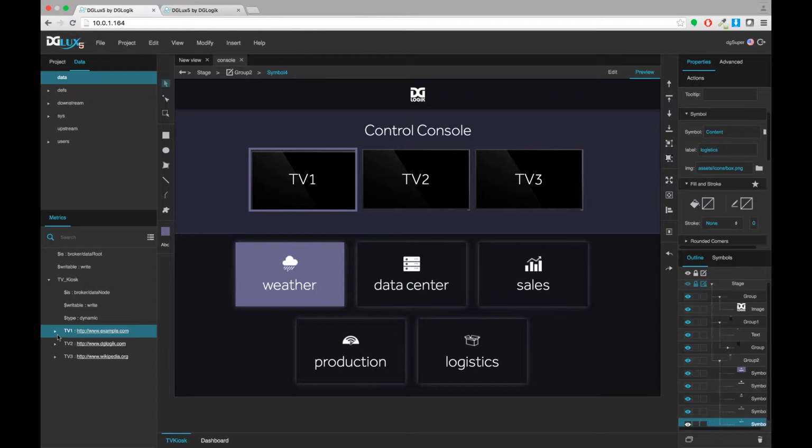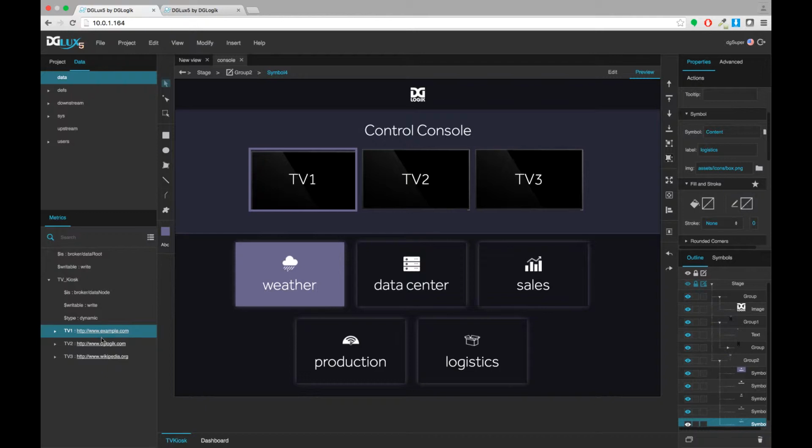So now what you have is some data on your DSA server that relates to your displays. You have a data node stored for each of your displays, and you have a URL associated to each of those displays, and that's stored in your DSA data. Now the next thing we're going to do is create some logic that will make the URL associated with each of these nodes, for example, example.com. We're going to make some logic that makes an iframe display a different URL depending on the hash value